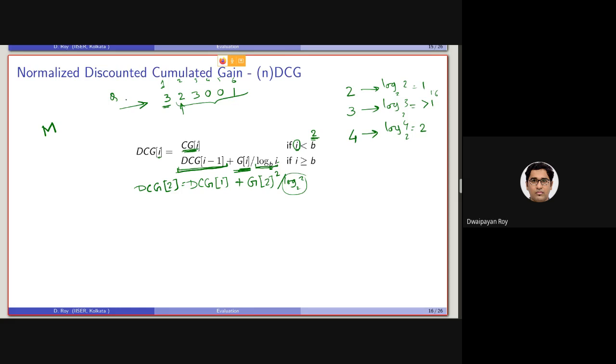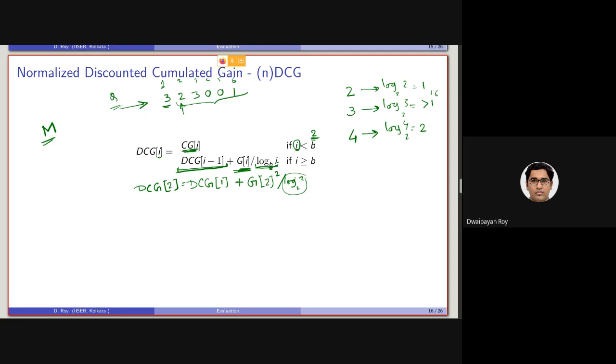We want to measure the performance of M for this query in terms of NDCG or some measure. We haven't defined yet what is NDCG. Using some mechanism, we want to basically measure the performance of the system M.